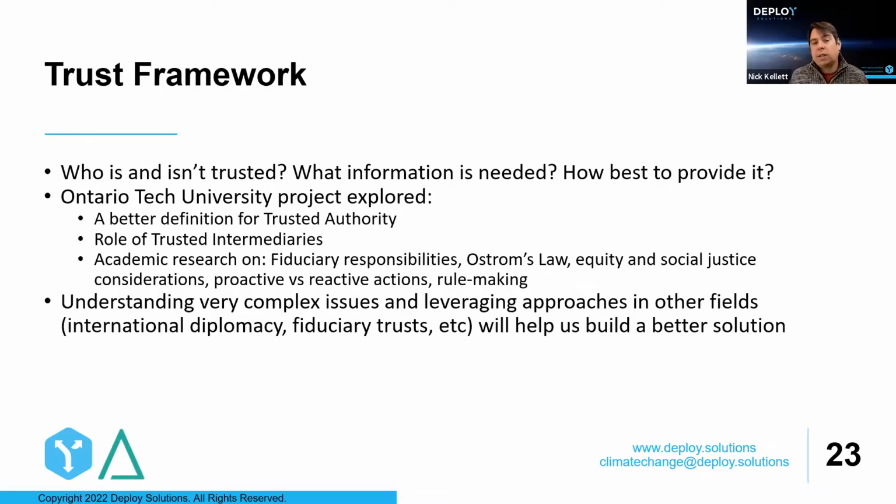So it's a third person in this triangle, or third group. They also did a lot of research on existing material that's out there, because we know that a lot of research has been done in different fields, even on matters related to trust and communication and scientific communication. And these are very complex issues, but there are fields like international diplomacy and fiduciary trust in banking and so on that look like they have some findings that will be very beneficial and help ultimately build a better solution that people could take action by having that trust in place.